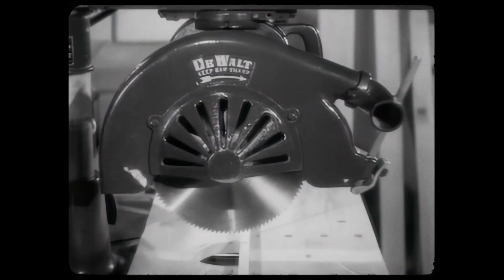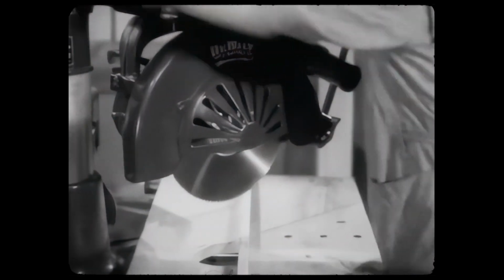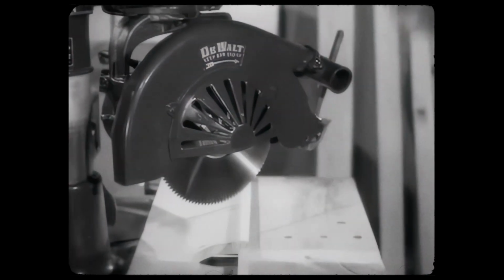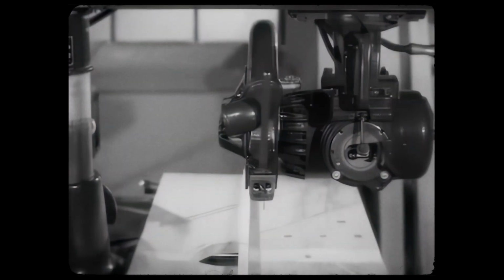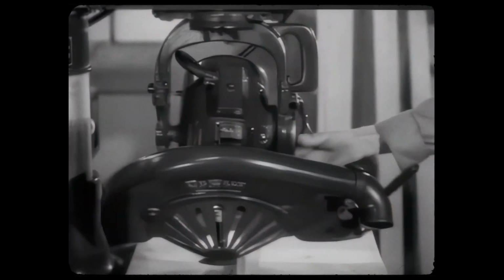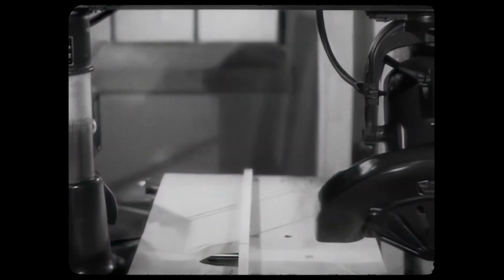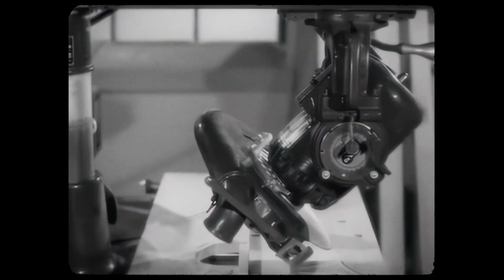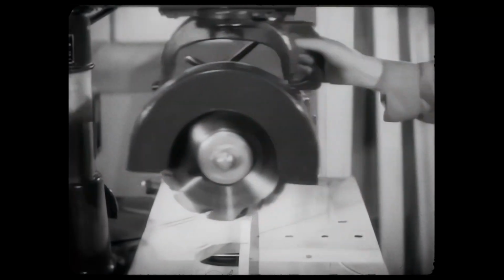There are only 6 positions in which a saw blade is generally used: cross-cut, angle cut, straight rip, bevel crosscut, compound crosscut, and bevel rip. There are only 6 popular positions in which a dado head is commonly used: straight cross dadoing,